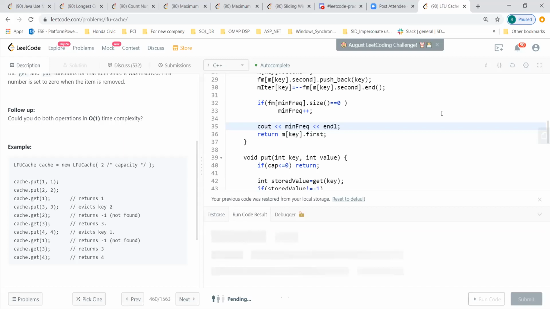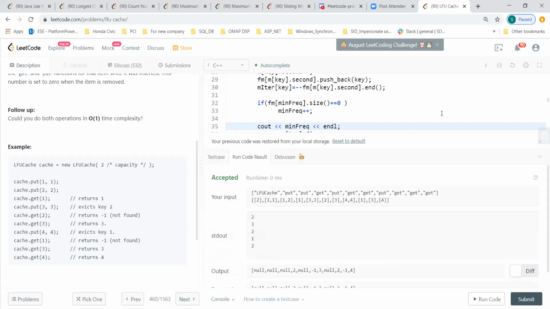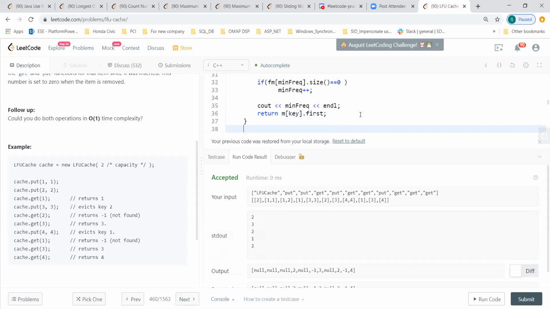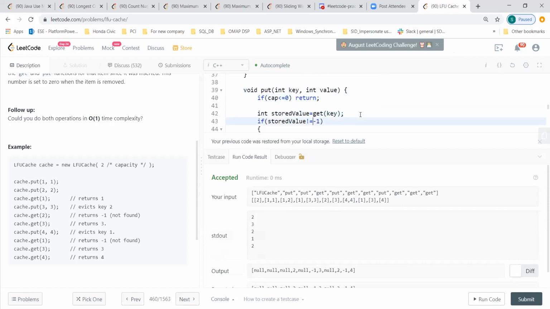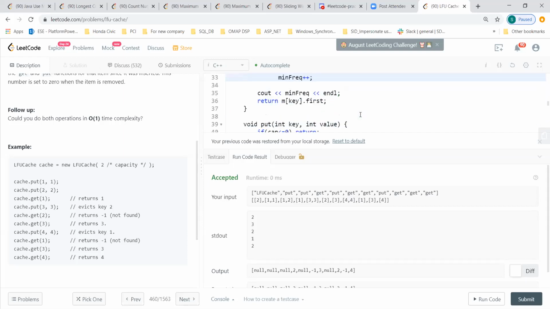No, it's okay. So here 1 1. Okay, so I just did 1 1 and 1 2. So in this 1 1 also, it is actually showing 2. Now it's getting slightly more confusing, because when we do get 1 1, it comes here. It should print 1 in this case, but it is printing 2. No, it's not there, so it will return right away. It will return -1, so it won't be there, and therefore it is not printing.